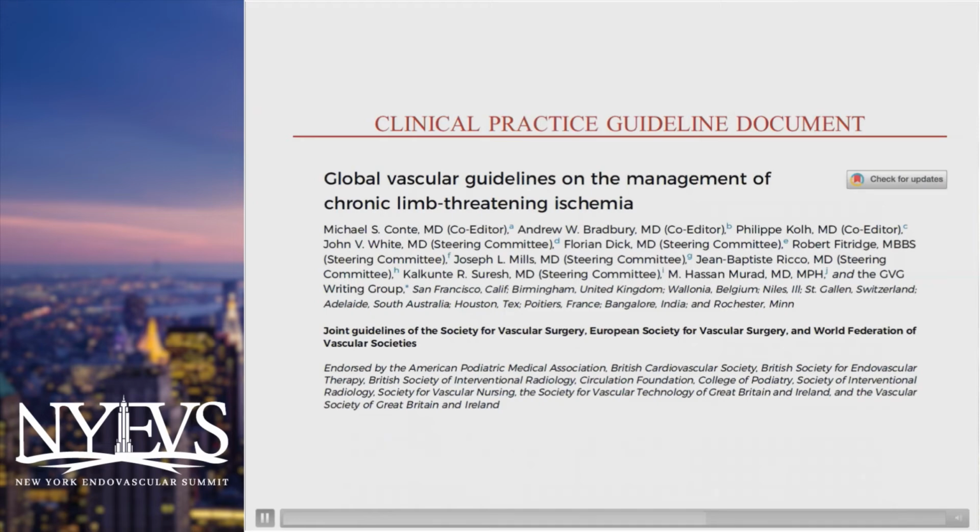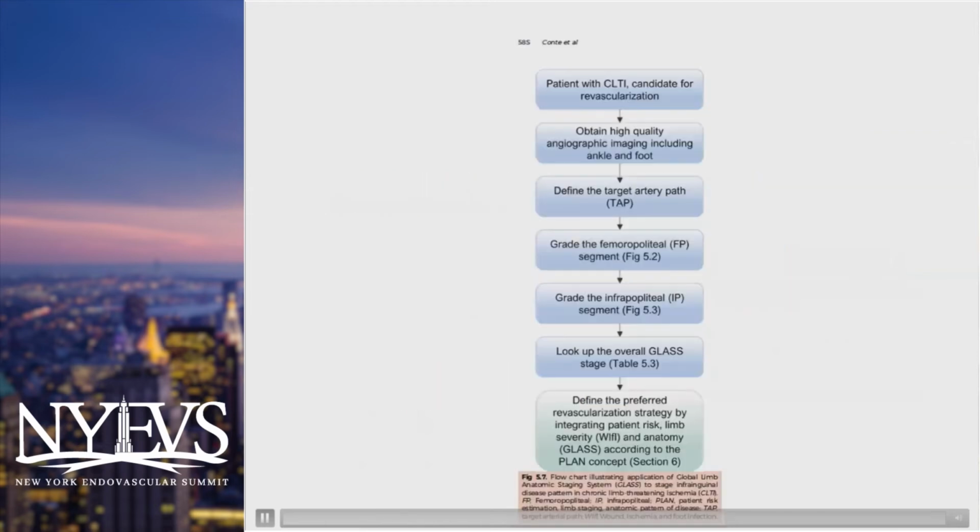Now, the more recent and the most comprehensive so far is the new GLASS classification, published, I believe, in 2019 or 2020, and it's endorsed by different vascular and endovascular societies as the global vascular guidelines on the management of chronic limb-threatening ischemia. What they recommend is when you have a patient with CLTI, and the patient is a candidate for revascularization, it's best to obtain high-quality angiographic imaging, including ankle and foot, and then define the target artery path,